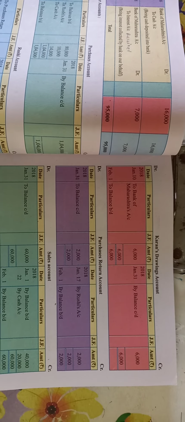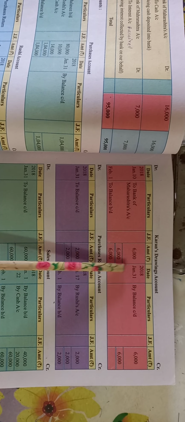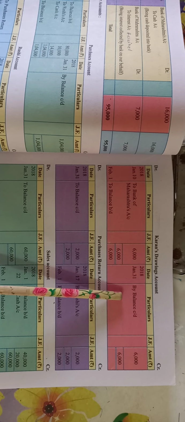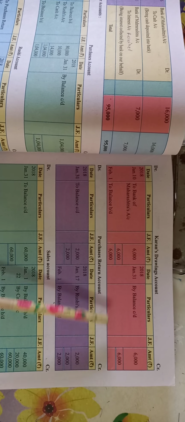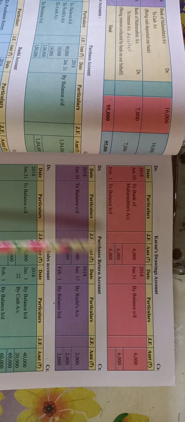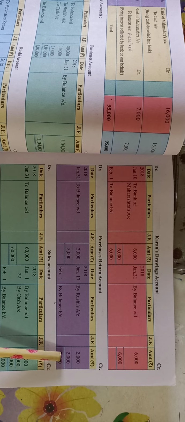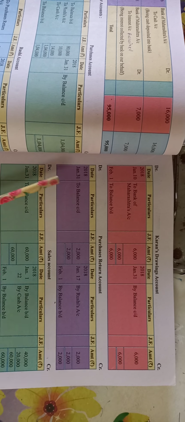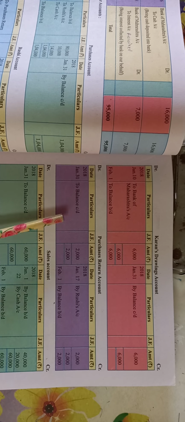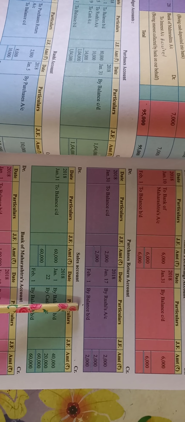After that current drawing account total we have to do. Debit side 6,000 and here no any balance is there, then we have to write January 31st 2018 by balance carried down 6,000. Then this balance is brought down for the next month, opposite side 6,000. After that purchase return, credit side का ज़्यादा है total, so we have to do the total 2,000 here, and here we have to write to balance carried down January 31st, and this carried down balance is brought down for the next month February 1st.